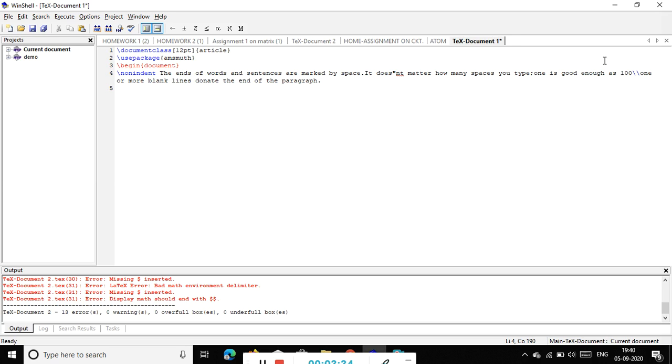Now enter, you can press enter over here. So this is my LaTeX document. Before using that, you have to place a slash over here too, I think. No, you can just type here.